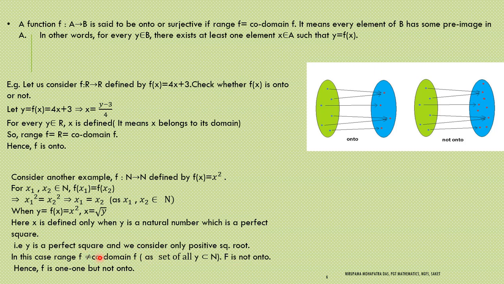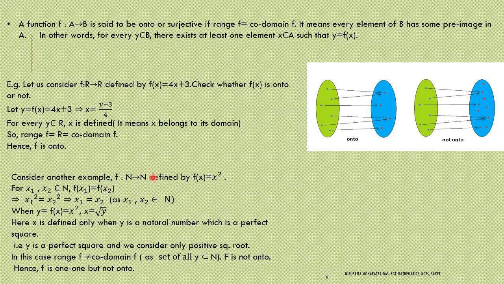Okay, now so here in this particular case, when the domain and codomain are the set of natural numbers, the function is one-one but not onto. But on the other hand, if I change the domain and codomain, if I modify this, if I take R to R, so in that case this function will not be one-one. In that case, x1 equal to plus minus x2. Right? The function will not be one-one.